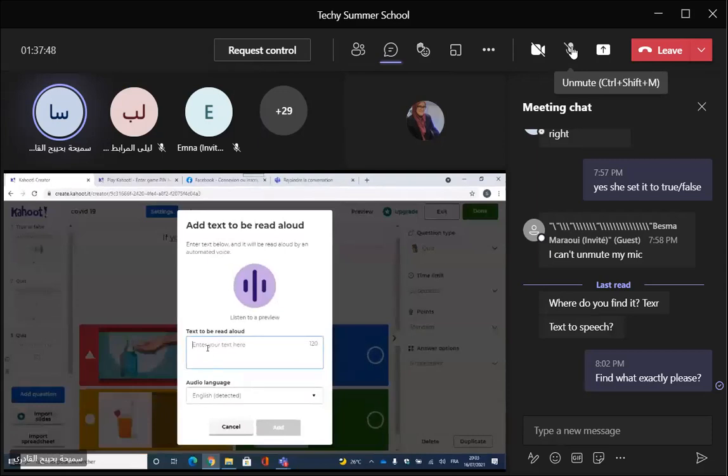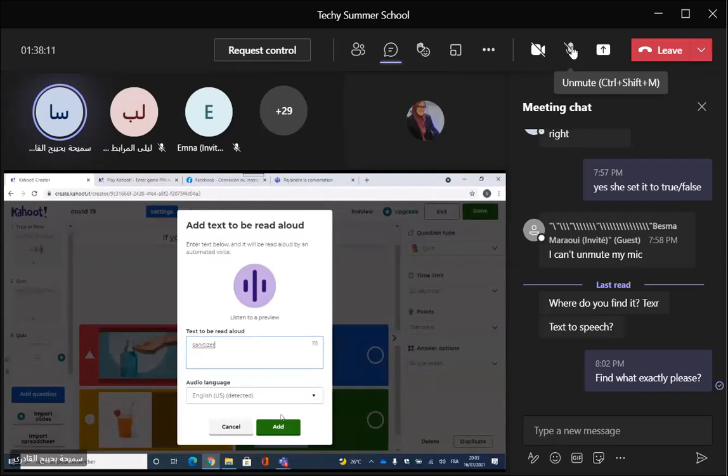You can write 120 characters, so it can be a sentence. The word that we need here is sanitizer. The participants are going to hear the word, not read it.